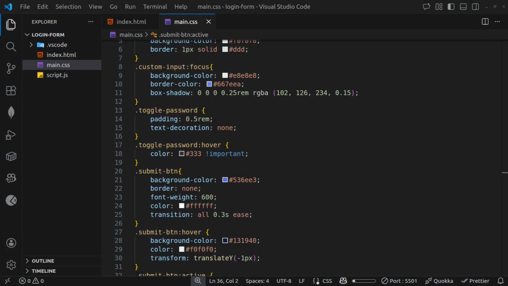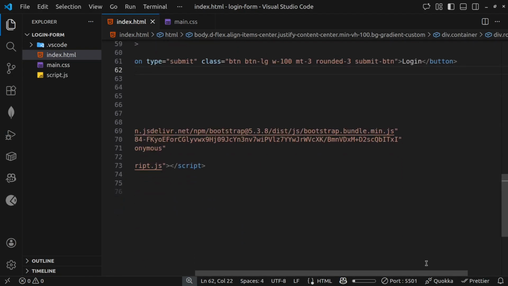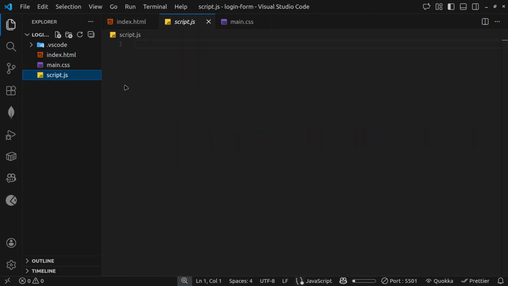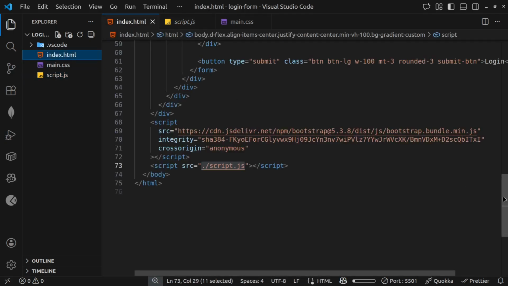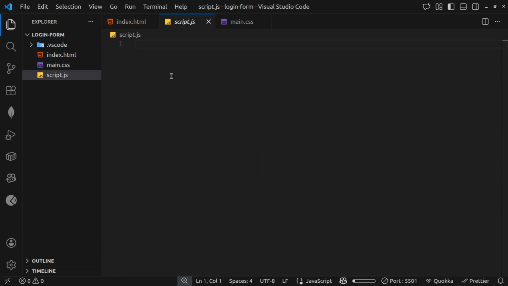All right, back to the code straight away. On the script side, remember that we have linked the script already down here. Okay, so look at the script, we link it. So that's what we want to write now. First of all, we gave the button that is holding the icon an ID, password Tokla, and also the input has a type of password. These are things you need to note. Type of password. So in the JavaScript, we're going to do